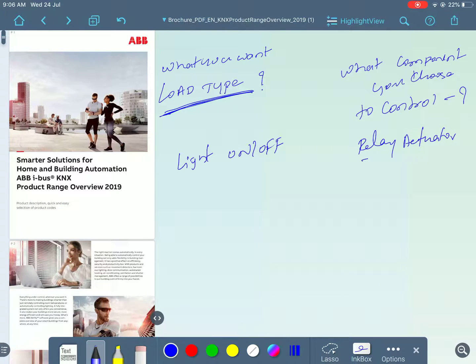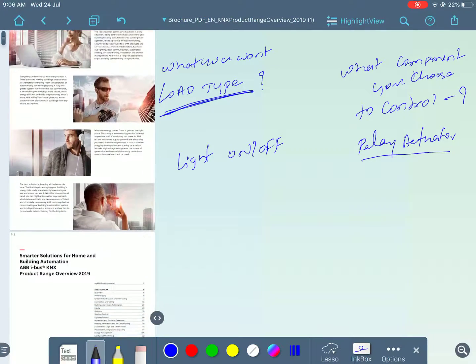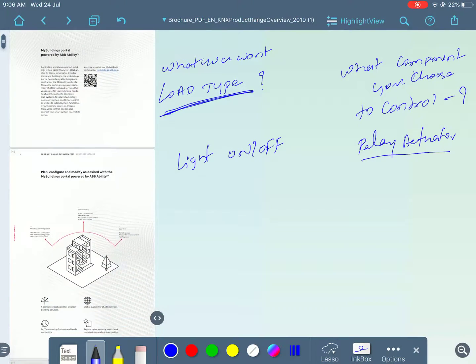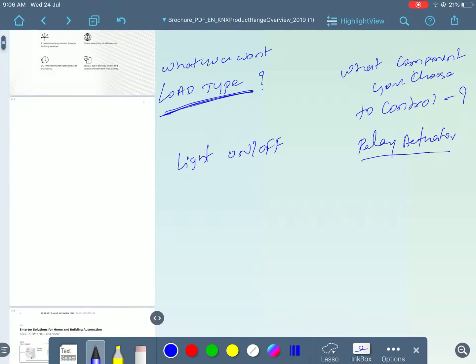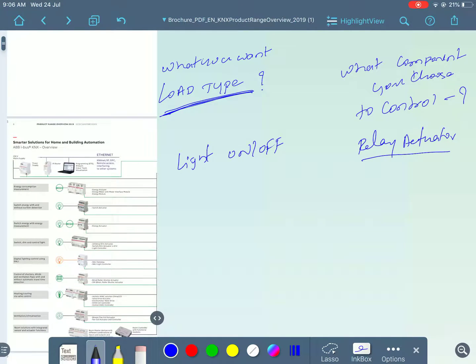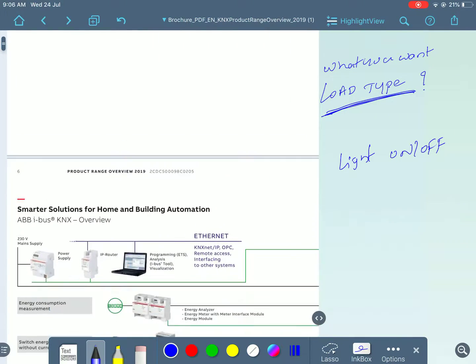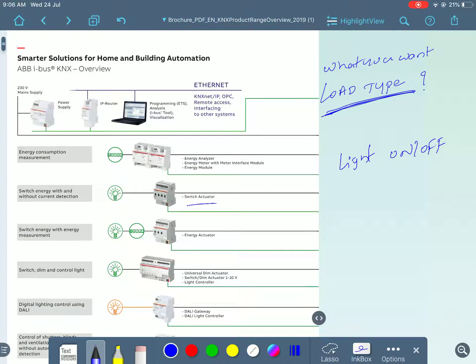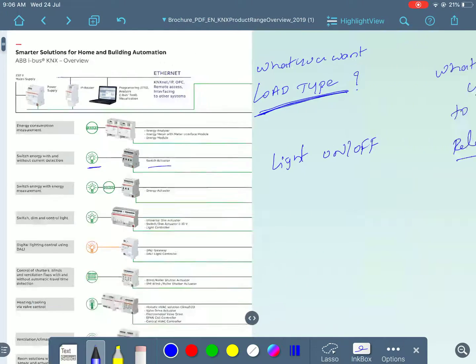Now, how do I know how to choose an actuator? Because we mainly use ABB products, I have gone through this product catalog, which clearly explains what kind of components they have and how I can use them. See, if you look at this, they have something called a switch actuator. What this switch actuator does is it controls a light by switching on, switching off. Okay, this will fit my equation, right? But